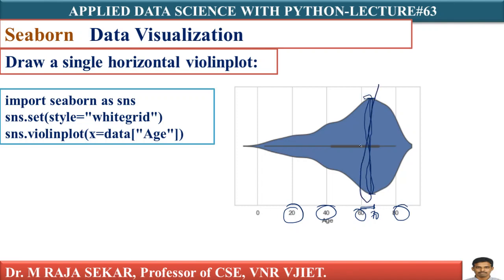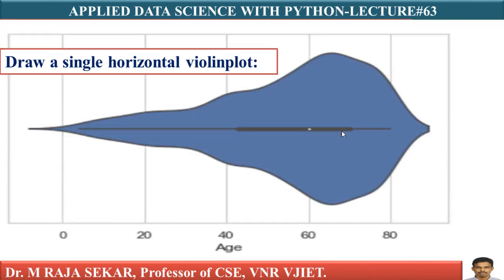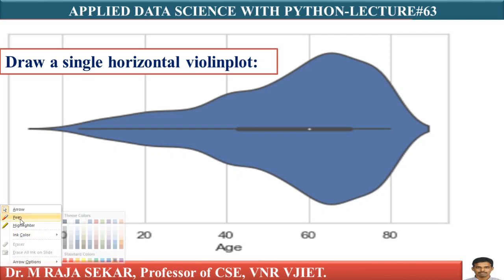This I already discussed. This white one indicates the median, isn't it? I discussed these whiskers also. I need not repeat again and again. Just refer to my previous lecture. You can understand the interpretation of this particular output. The same output I am showing on a little bigger screen so that you can view it without any ambiguity.